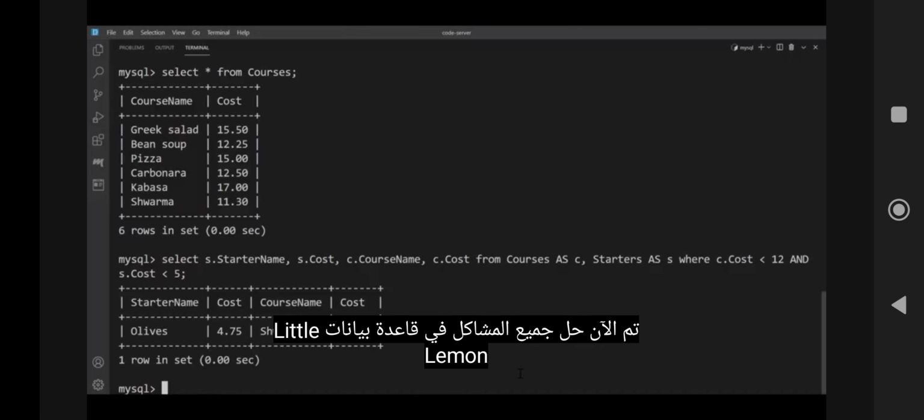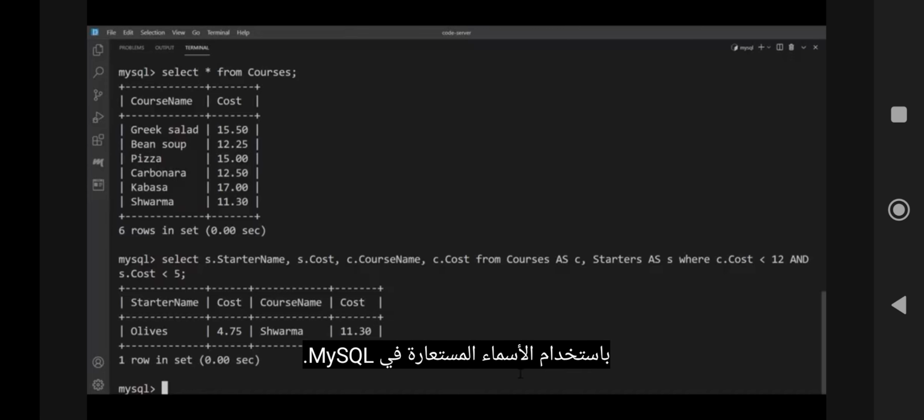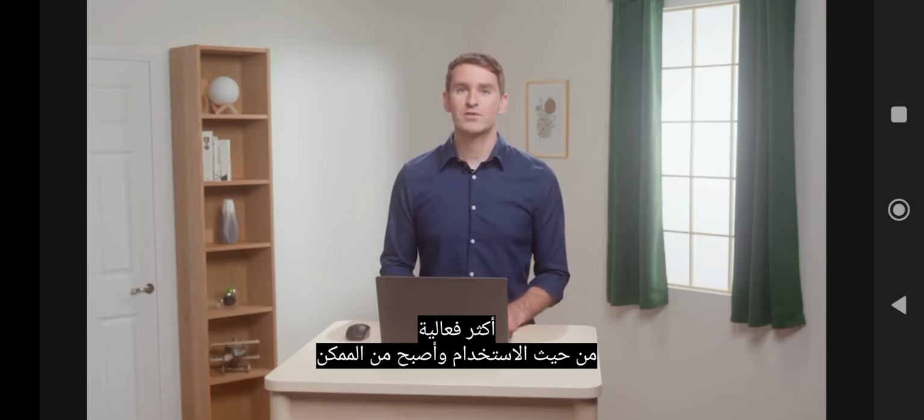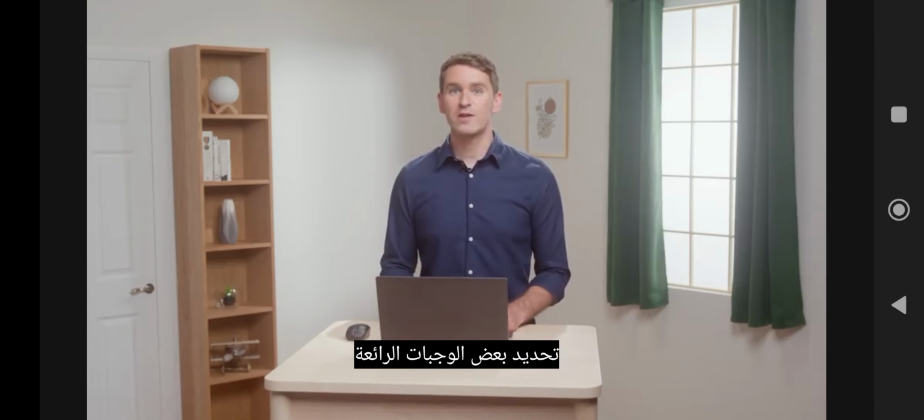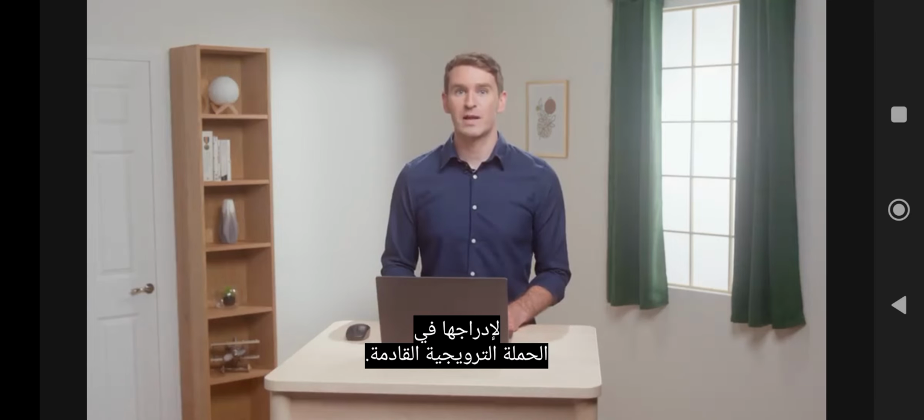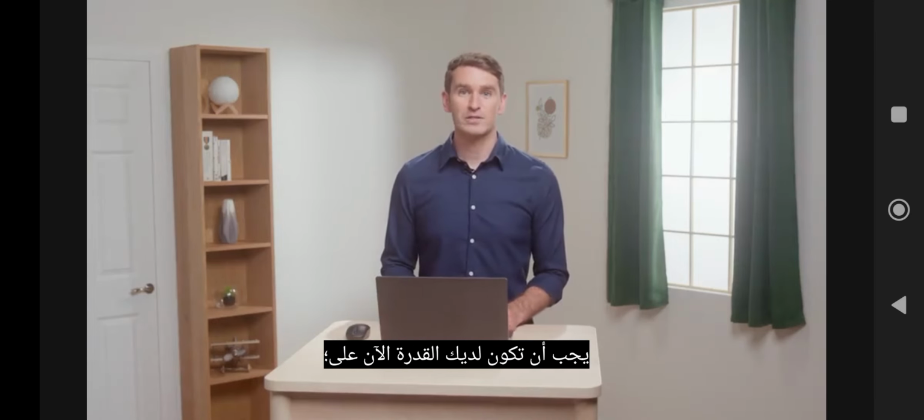All issues with Little Lemon's database have now been solved using MySQL aliases. Thanks to your assistance, Little Lemon's database is now more efficient to use, and they've identified some great meals to include in their next promotional campaign. With the skills you've gained from these tasks, you should now be able to demonstrate